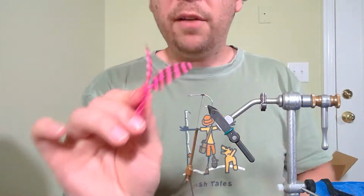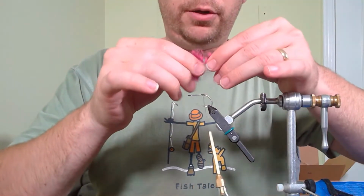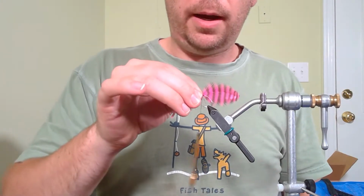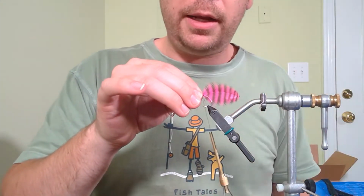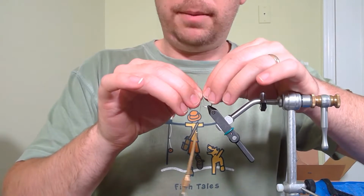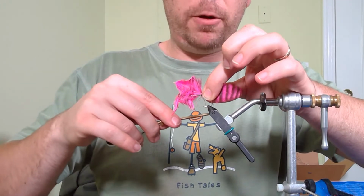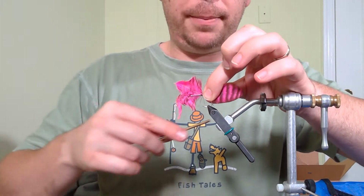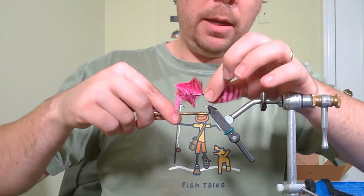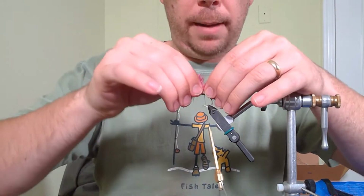So I've got my feathers where they're kicking out apart from one another. As you notice, I separated out my material a little bit, and I'll stick it down over top my hook, very similar to how Jeff tied the half and half tail, where we just have it on top of our hook shank. I'm going to grab the feathers with my left hand, and that frees up that point I separated out for me to put a couple wraps around. I'm going to do two loose wraps, come around with a third and put a little bit of tension on. I'm working my way back this way, fourth, fifth wrap, right? Not a ton of wraps,